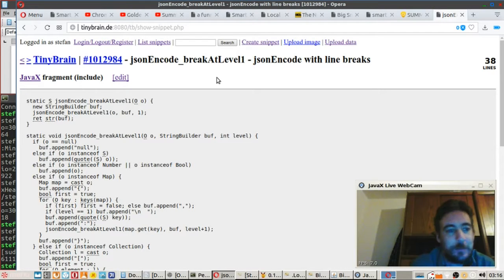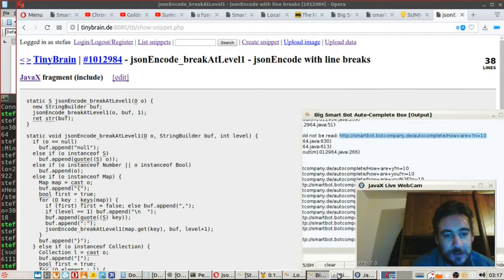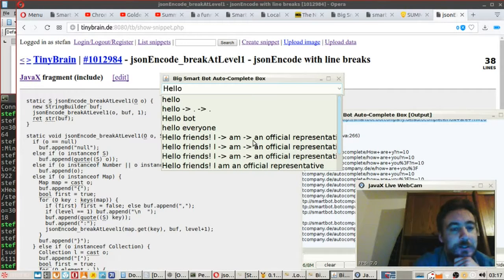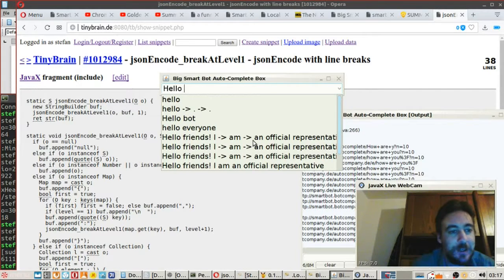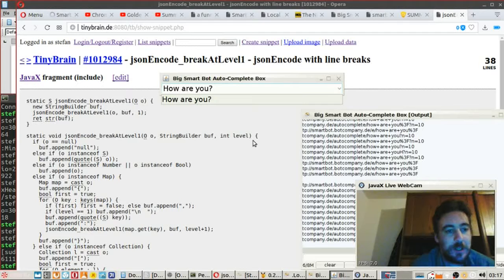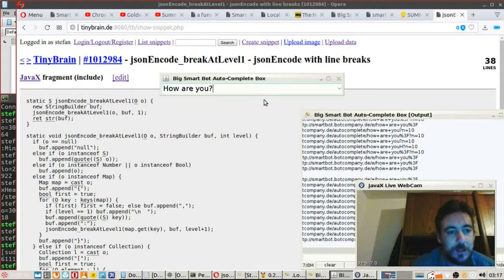What am I doing? I'm making an autocomplete, a very nice autocomplete function. Where is my autocomplete? Here it is. I just type something and it queries the smart bot, which is sitting on the server over there. No, here. And the smart bot gives us completions of whatever we type. Little Java interface here. And when I press enter,